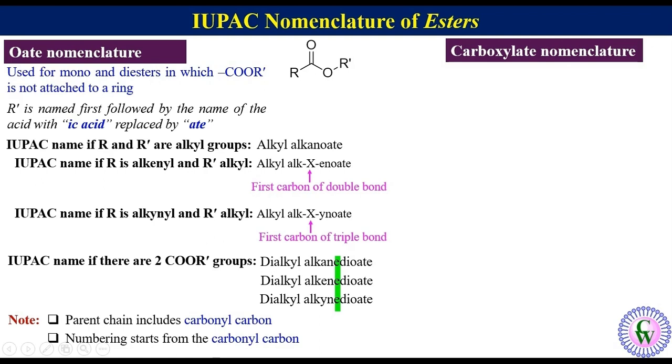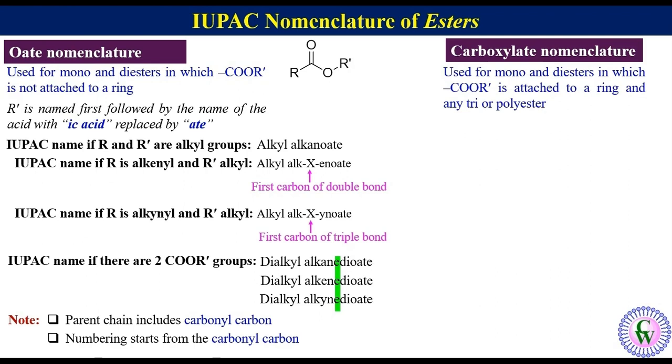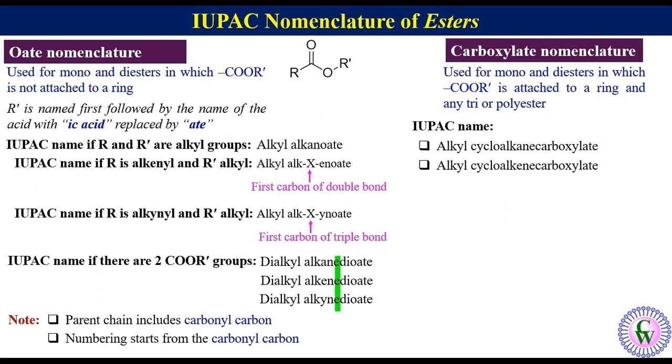Coming to the carboxylate nomenclature, this is used for mono and diesters in which the ester group is attached to a ring, and also for any tri or polyester. Depending upon the nature of the ring and number of ester groups, they are named as alkyl cycloalkane carboxylate, alkyl cycloalkene carboxylate, alkyl arene carboxylate,